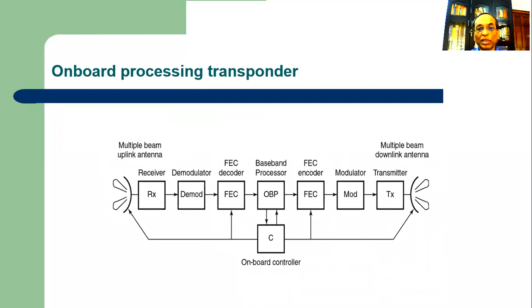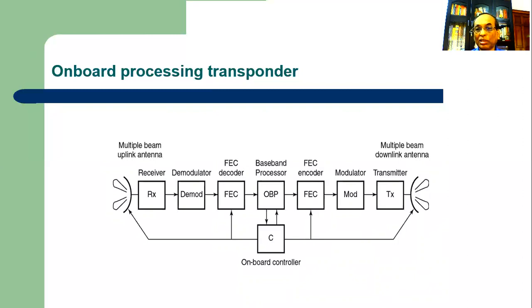Onboard processing transponder, these are there in the satellite. There will be multiple beam uplink antenna, and multiple beam downlink antenna also will be there. So receiver and transmitter both are there. Both are connected to modulator and demodulator, decoder and encoder. Then there is the baseband processor. That is a digital processing system. OBP is the baseband processor,